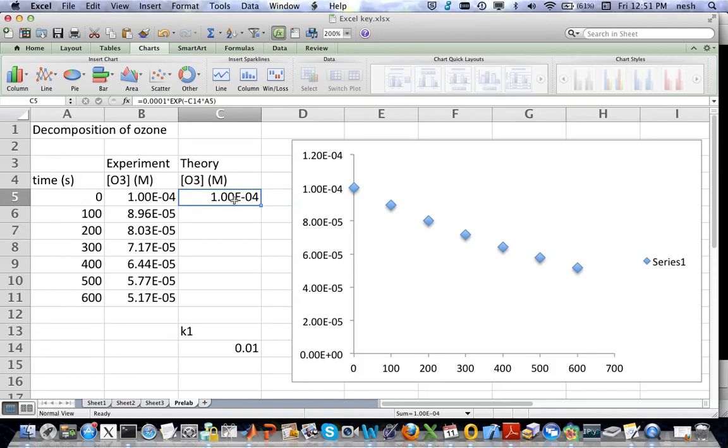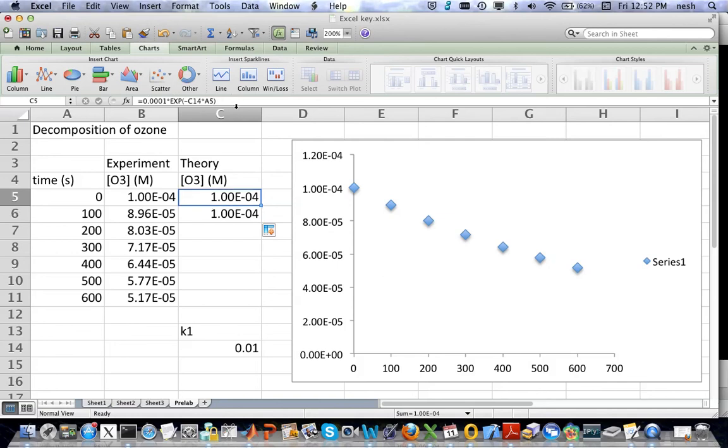Now, of course we could just do that all over again as we go down all these columns, but that's not making as best use of Excel as we can. So what I'm going to do is try a fill down, but first I'm going to show you a fill down that gives us the wrong answer, and you'll see here in a minute. So I'm just going to fill down one step here, and now I'm going to click on these two boxes,